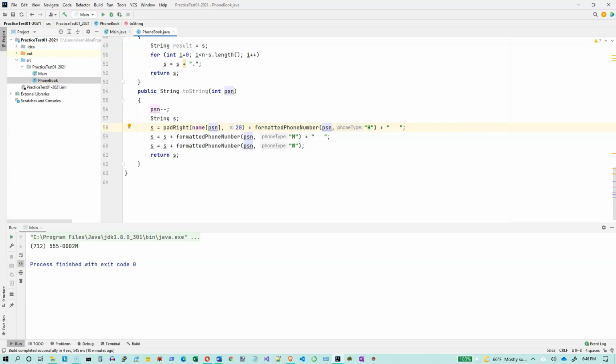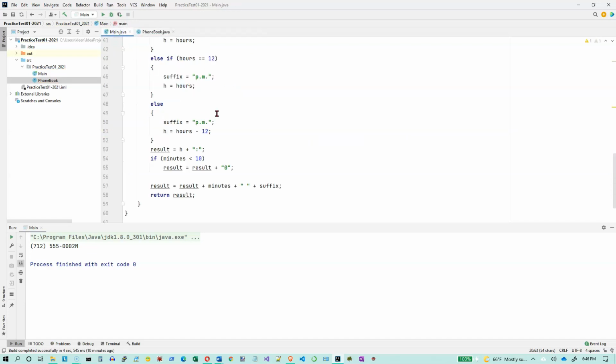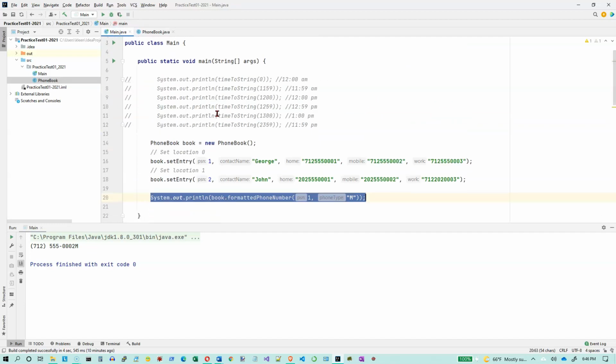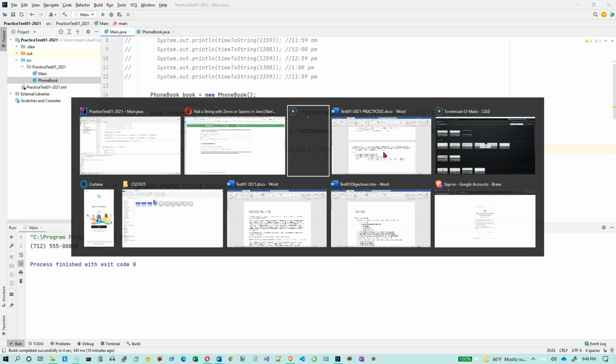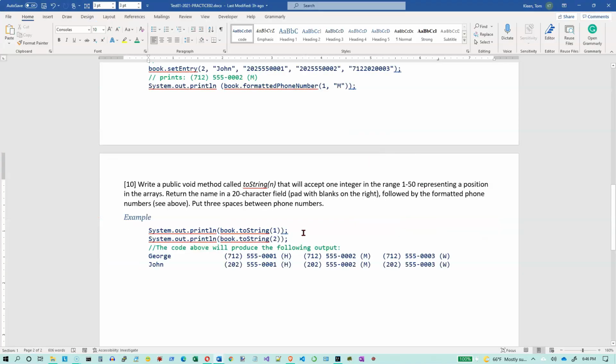So that'll go to the right position and it'll get the appropriate phone number. So if I go back over here in my main program and okay, I'm not going to do formatted. I want to do, I think I've got the code written out over here in my practice test. And so if I do this